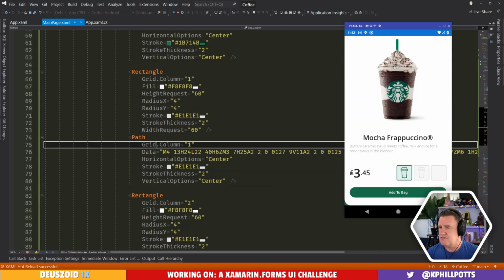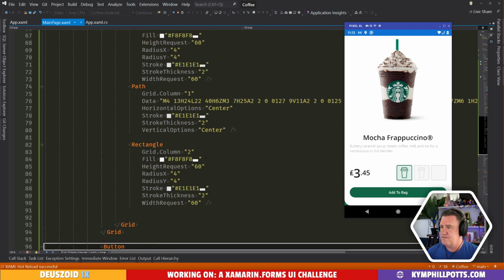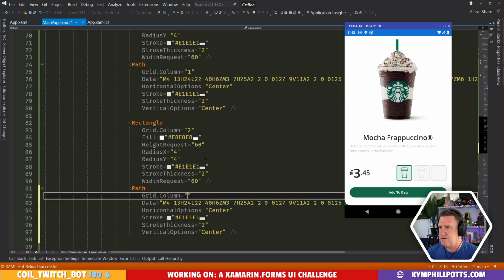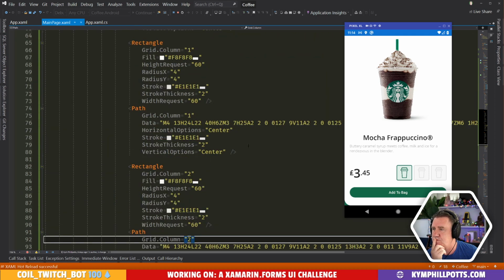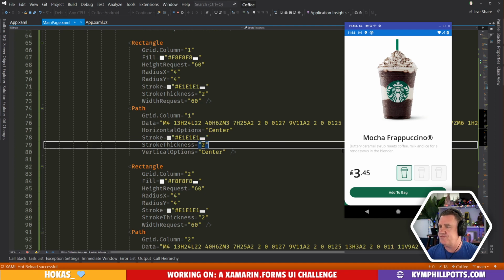Yeah, that's good. And we'll add one more in here. Beautiful. All right, starting to take shape with a bit of paths. We likey.